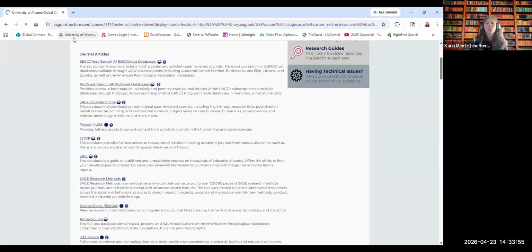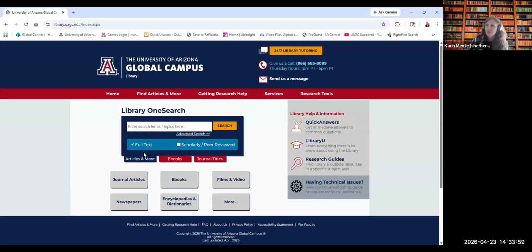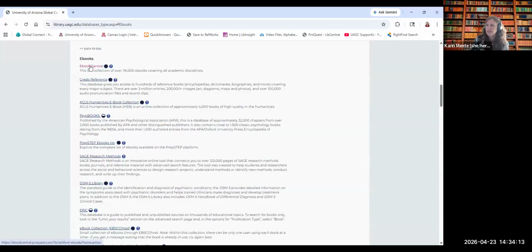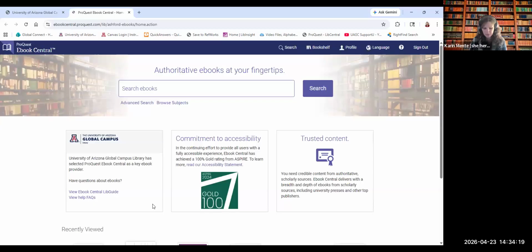Most likely you've used a textbook in your classes that is from eBook Central. It has a very similar research assistant to the one we just saw in ProQuest because they're the same company again. But just to show you real quick what the research assistant in eBook Central looks like, I'm going to go into eBook Central here and pull up an ebook.